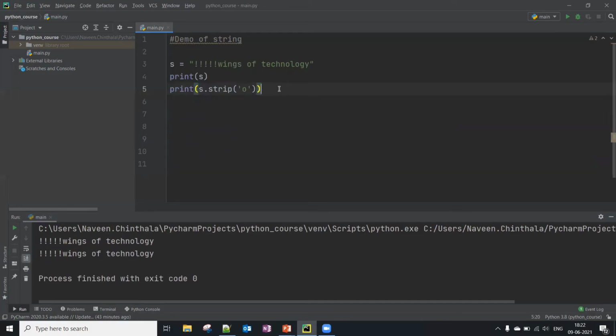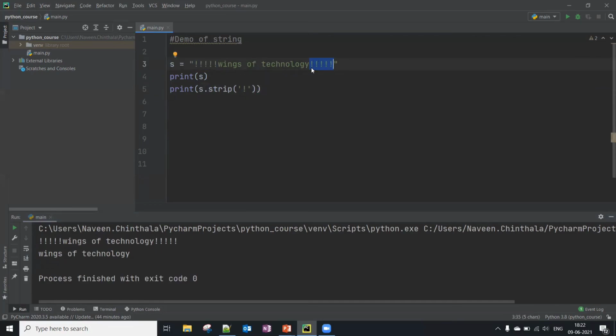Like if you want to remove the left side and right side also, we can keep the strip function like this. So now this will remove the beginning and ending characters. Now it has removed the exclamation marks from the starting and ending also here.